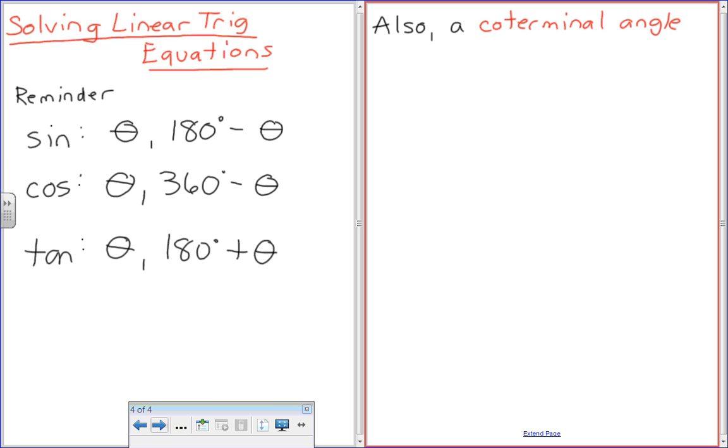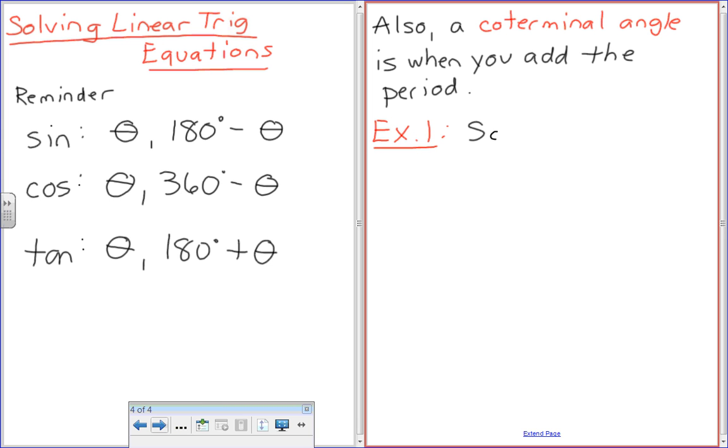You guys aren't into this, okay? You got it then. Also, coterminal angle is when you add the period. So going back to our graphs, it's when you get to the same point on the graph in the next cycle. That's what coterminal is. Let's get to example 1. We're going to do this with pictures today if we can. Example 1 says,